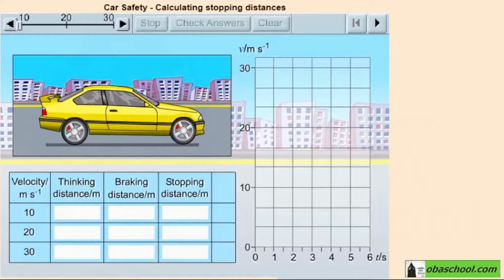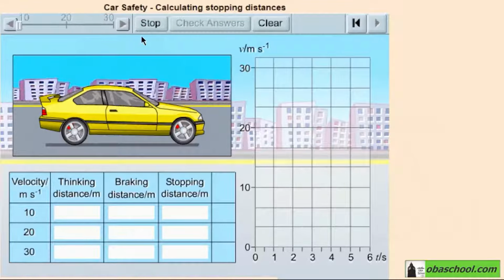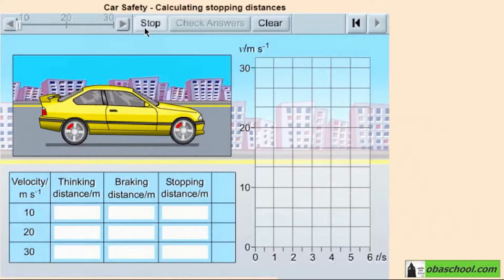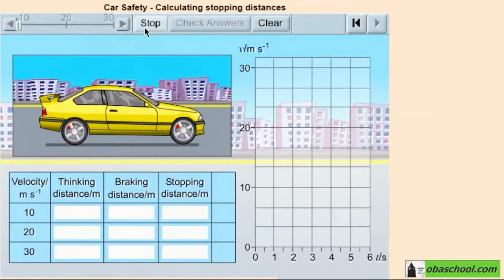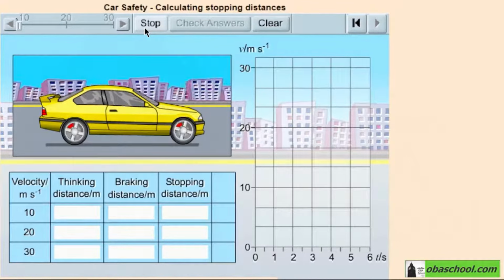Hello everyone! In this simulation, we're going to calculate the stopping distances. Here we have a car, which we will be able to move and stop at an emergency, so that you can look at how to calculate the stopping distances. And then, we'll click Stop to watch the car and the background to see what will happen if the driver